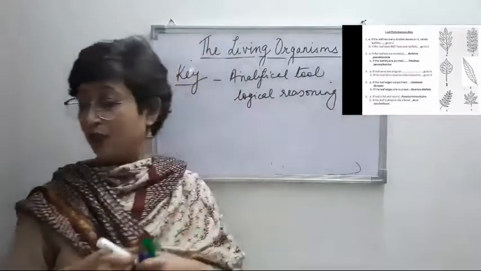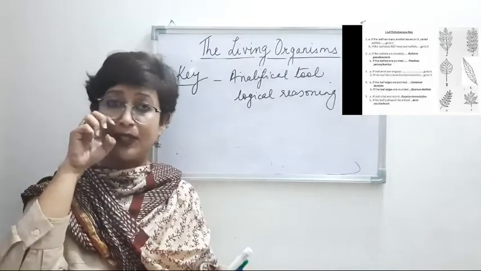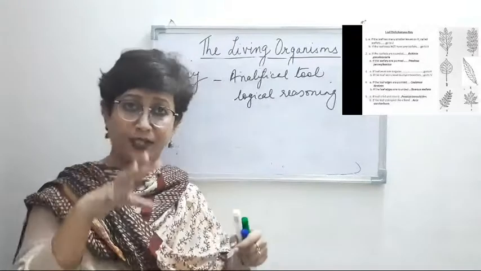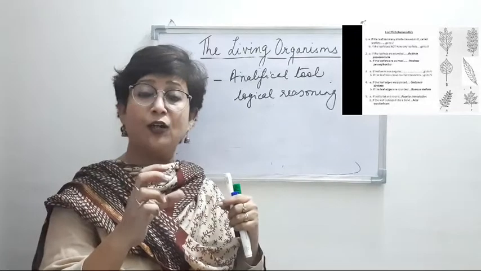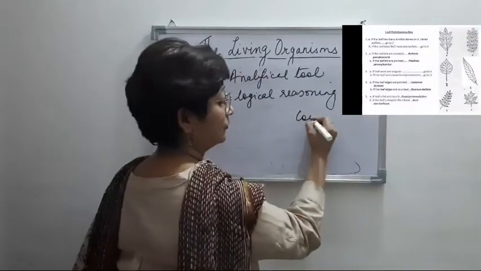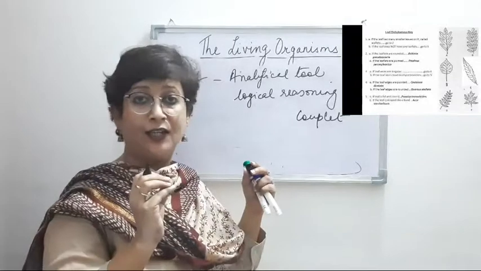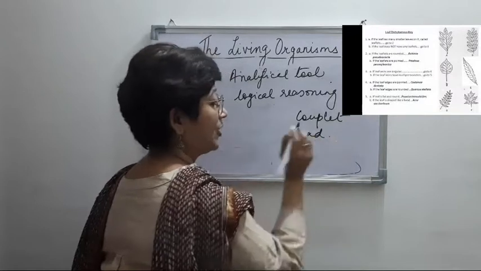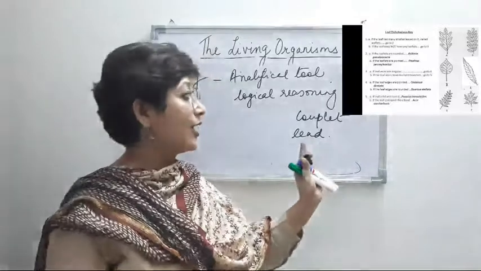right? So logical reasoning is done over here, and in this what happens is, if we want to know something about a particular organism, there is a set of characteristics that are presented, right? If the characteristic is presented in a contrasting pair kind, it is known as a couplet, right? And every sentence in a particular key is known as a lead. Every sentence is known as a lead, and the contrasting pair of characteristics is known as a couplet, right?